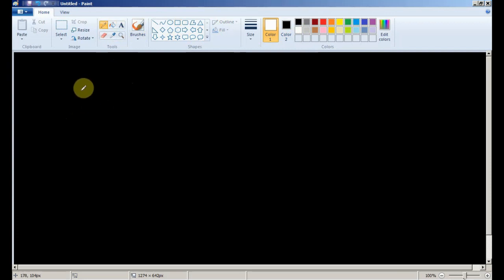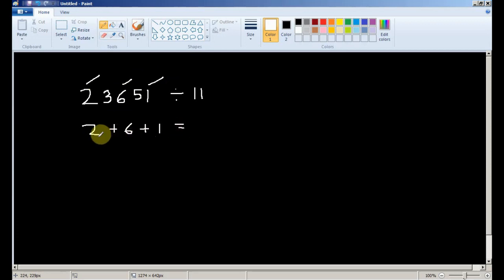Okay, so I take another number, 23651, divided by 11. So first you take all the odd positions, 1, 3, 5. So 2 plus 6 plus 1 gives me 9.